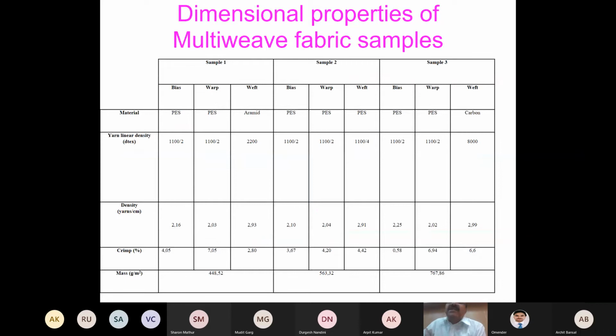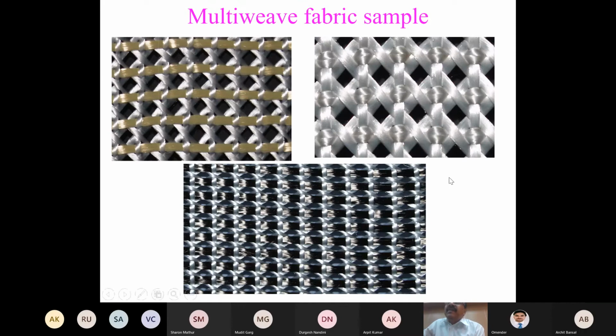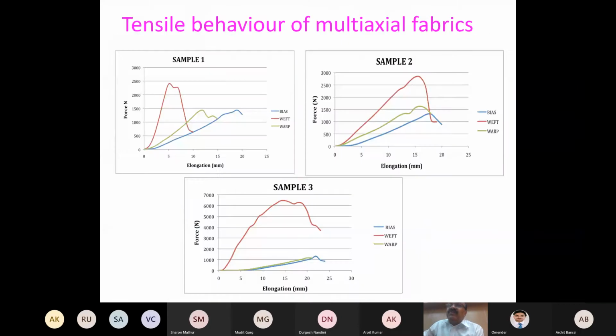Then there is another interesting point. Don't look at this table, I will show you the diagram from where you can understand. So this is how the fabric looks after weaving, and you can understand it by comparing with what we discussed last class, how the 3 warp and 1 weft system fabric looks after weaving. And when we make a tensile test of these fabrics, what is the typical load elongation curve of these fabrics, that I want to show you.